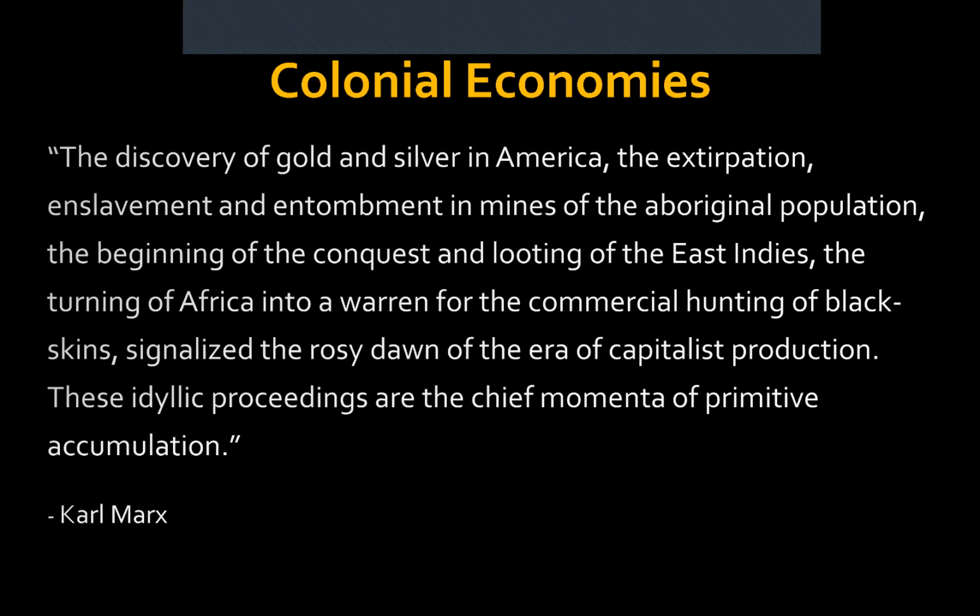And the idea here is that primitive accumulation means that some people have the means of production, of how you make your living, so that you own your land and you can grow crops and live off of that. But when that's taken away from you, then somebody accumulates that, and then you become a worker. And so that's kind of the beginning of capitalist production. The Caribbean is one of the first places where that really arose and really provided the impetus for the rise of capitalist production. And that's why it's kind of the first one in terms of globalization.